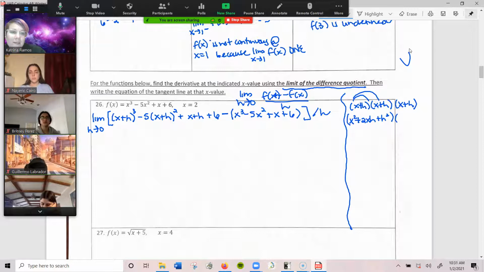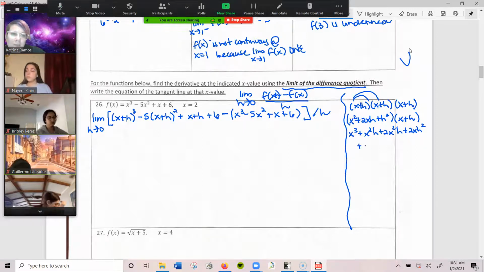And now we're going to multiply this with the third x plus h. So this would give me x to the third plus x squared h plus 2x squared h plus 2xh squared plus xh squared plus h to the third. And then is there anything that I can combine here? Yes, we can combine this to be x to the third plus, I have this x squared h plus 2x squared h, so plus 3x squared h